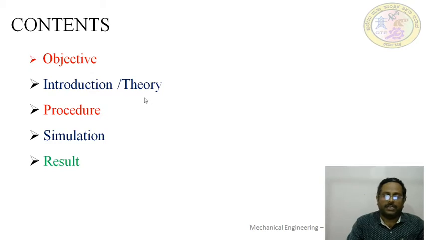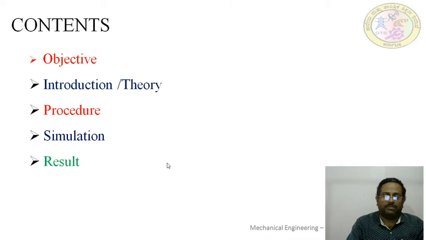In that we will see the statements of De Morgan's theorem, Boolean equations, and then logic circuits using basic logic gates to prove this theorem and truth table for this De Morgan's theorem. Then we'll see the procedure to simulate these logic circuits to prove De Morgan's theorem using logic circuit simulator. Then we will simulate the logic circuits built to prove De Morgan's theorem using Logisim 2.7.1 digital logic circuit simulator. Then finally we will discuss the result of this experiment.